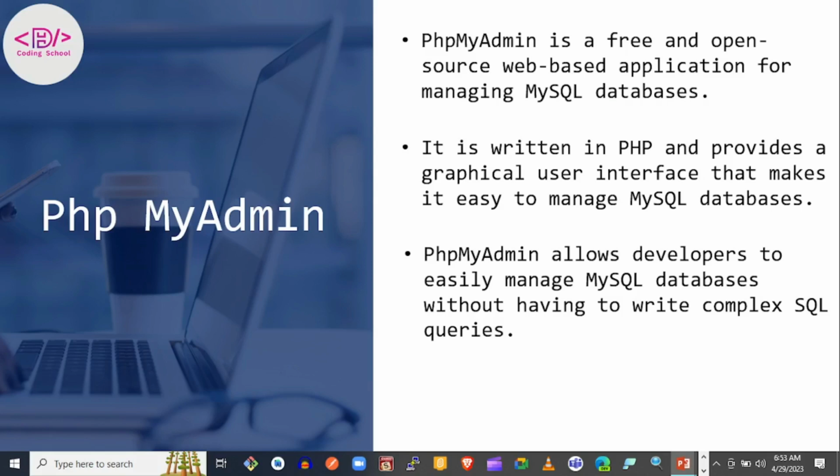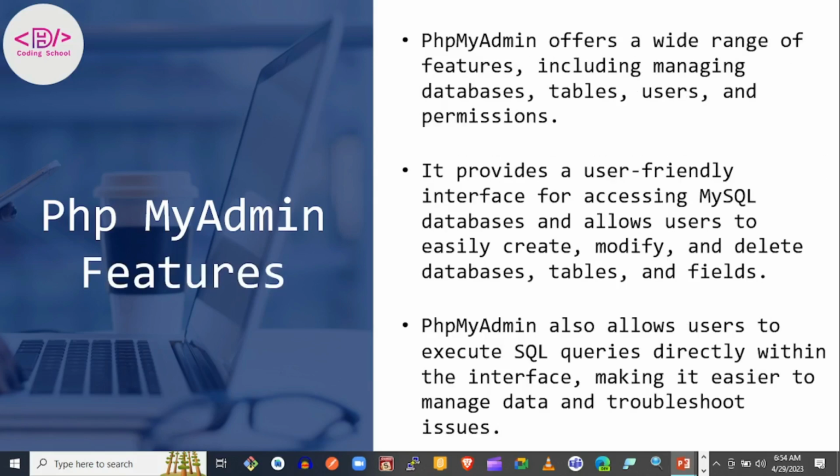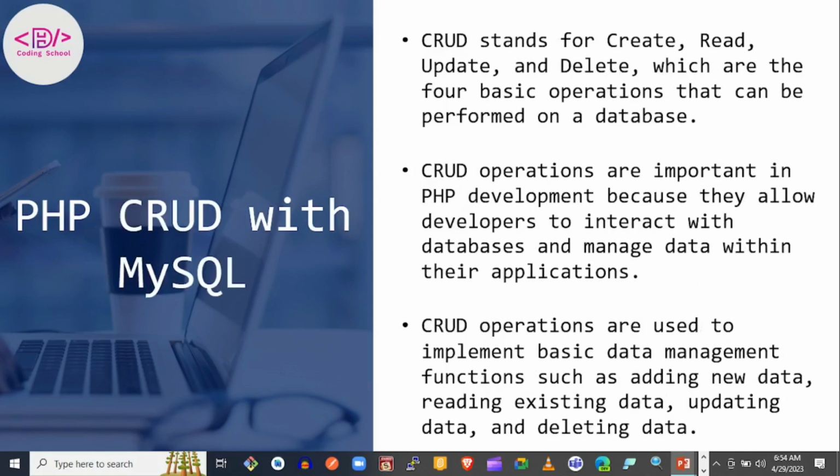So we'll be creating databases, we'll be creating tables. PHPMyAdmin gives us a visually appealing UI where we can easily create and manage data. PHPMyAdmin allows developers to easily manage MySQL databases without having to write complex SQL queries. You could write the SQL queries to interact with the database,